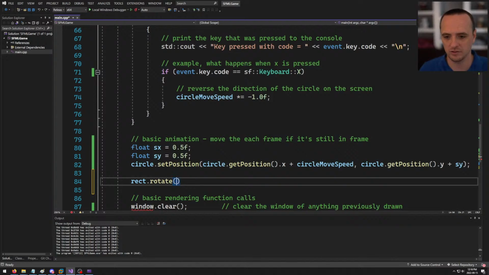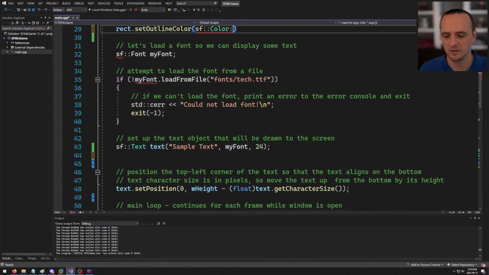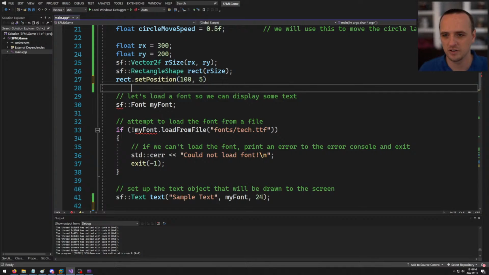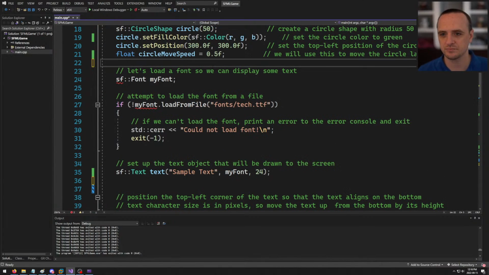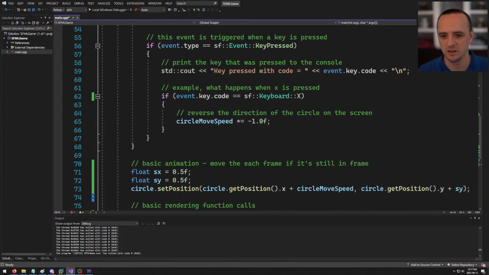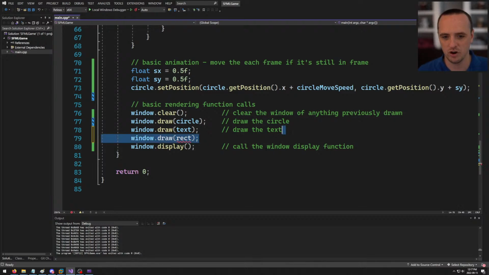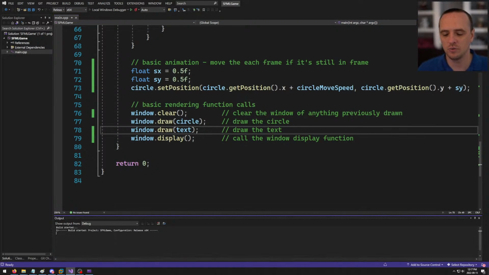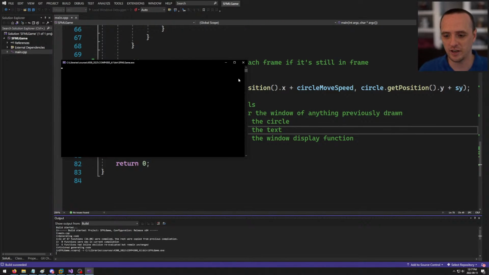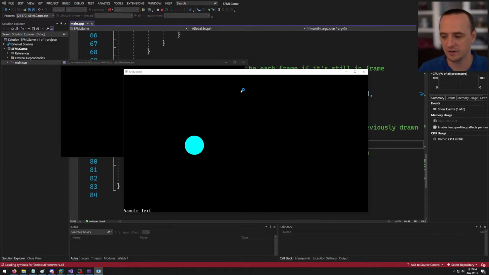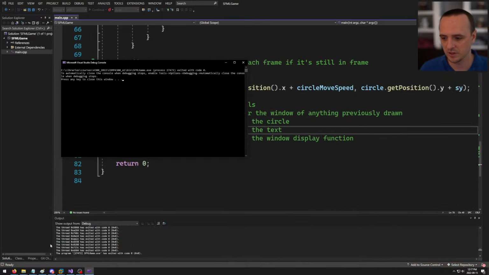Okay, so this is looking a bit... Let me go back. I don't want my rectangle. I got my circle move speed. Don't draw the rectangle. So yeah. So this is kind of what it's going to look like on your assignment, right? It's going to look like this. It might be a different color. That's fine. And you are going to turn that into